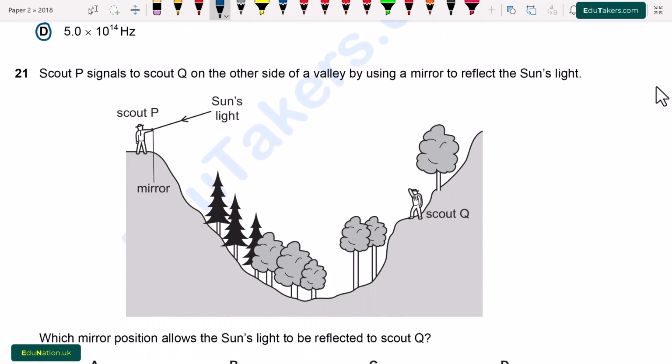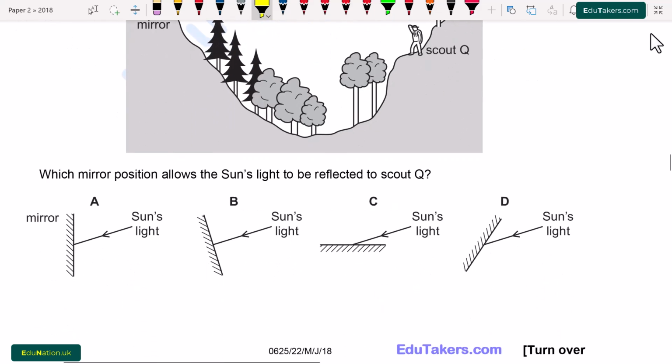Question number 21. Scout T signals to Scout Q on the other side of a valley by using a mirror to reflect the sun's light. Which mirror positions allow the sunlight to be reflected to the Scout Q? First of all, here will be the law of reflection, that the angle of incidence must be equal to the